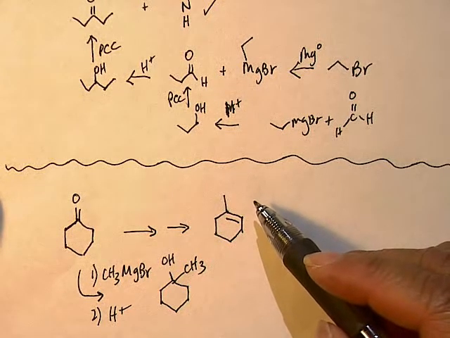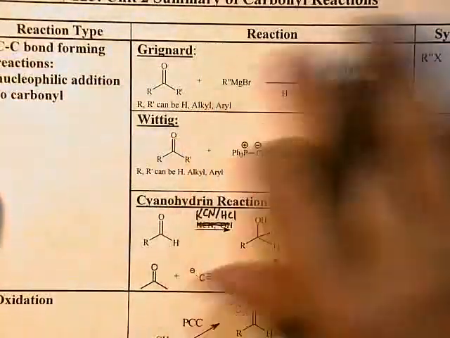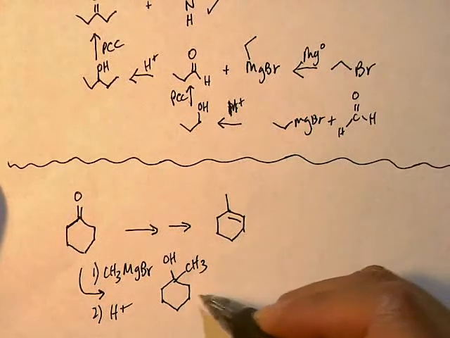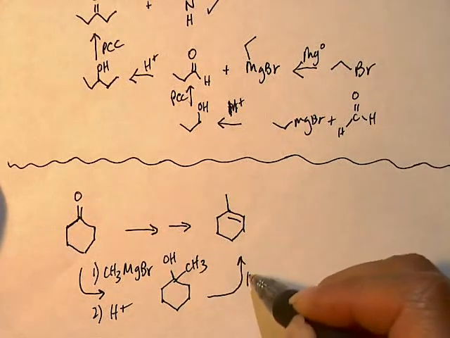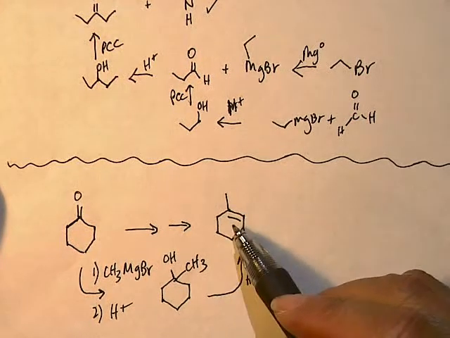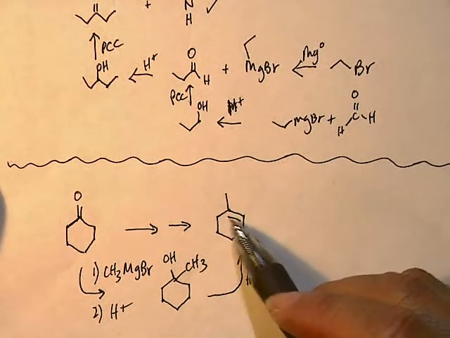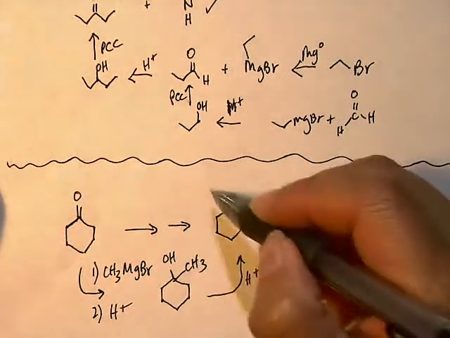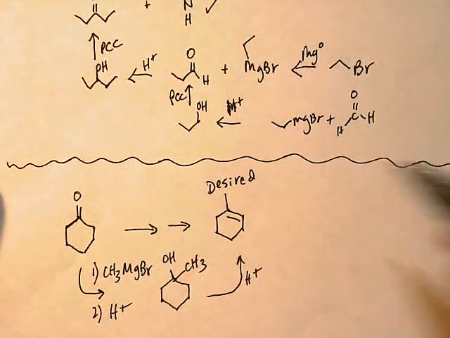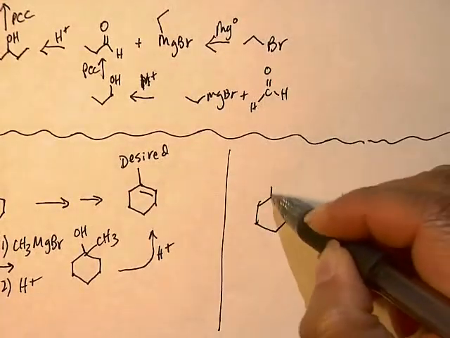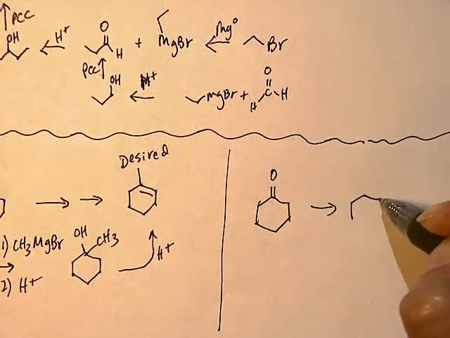Remember, whenever you need to do a carbon-carbon bond formation, you should be thinking about these methods that you learned, right? So then, if I take this and dehydrate it, you know that the product that we get is the more substituted alkene. In other words, it's not going to give the less substituted, so it should give you the desired product. But the flip side of that is, what if they ask you to make this,